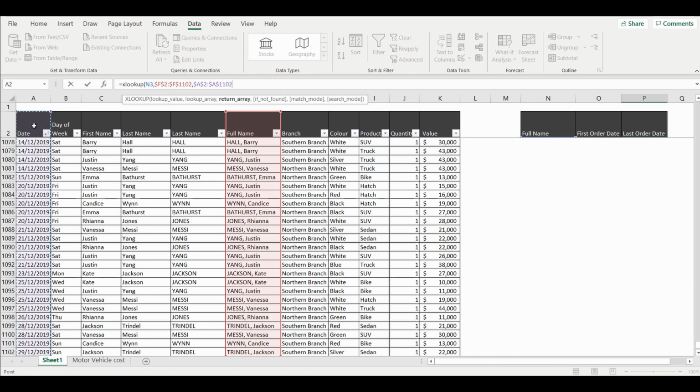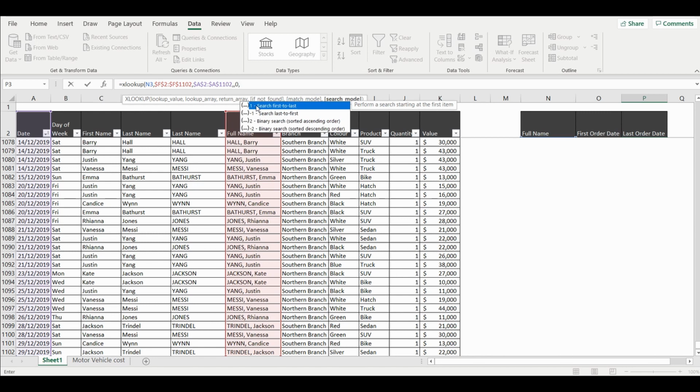And we're going to continue with the rest of the prompts here, and we'll show you how to get the date from the bottom of the list. So I'll select comma again, and this option gives you an if not found. So potentially if the name wasn't in this list, you could put a comment, something like NA, which will appear if it can't find the name at all. Again, you can leave that by just adding another comma and it will ignore that. This time we will again find the exact match. So now we've extended this formula, we'll put that in,